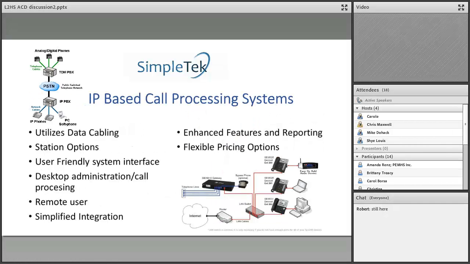And, you know, we've moved into this world of IP-based. In the IP-based world, in this diagram up here on the upper left is the public switch telephone network. And it would go to a PBX, and then you'd have your own separate telephone cabling to get to each one of the stations.